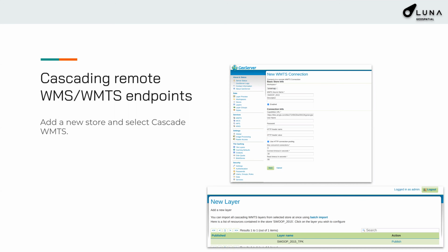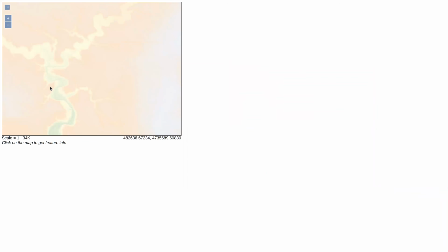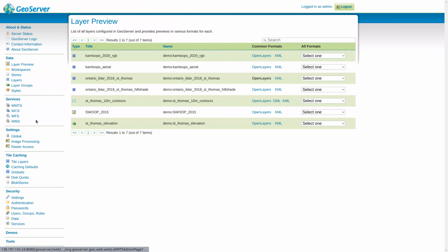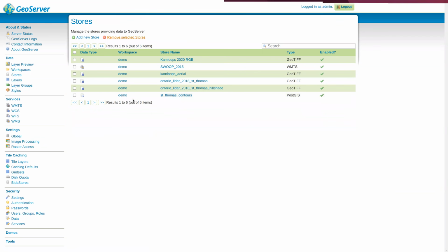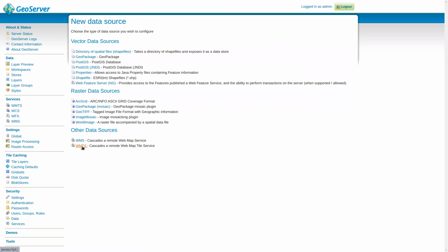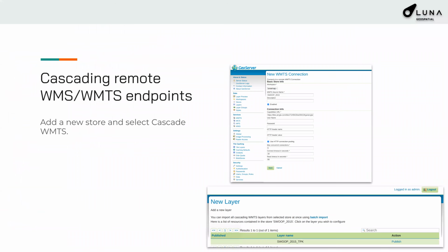It's a very simple process. You go to add a new store and you select Cascade WMTS, which is an option. If I go into the new store here, you're going to see at the bottom, if I click add new store, these other data sources, this WMTS Cascade or remote web map tile service. And then we're going to give it a name. We're going to name the data store, and we're going to paste the WMTS URL